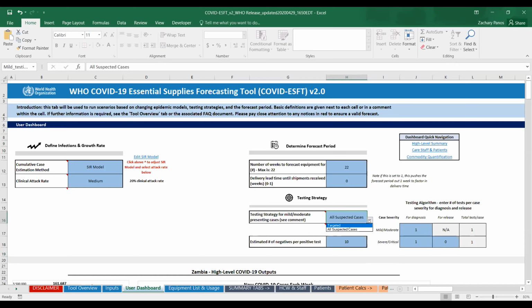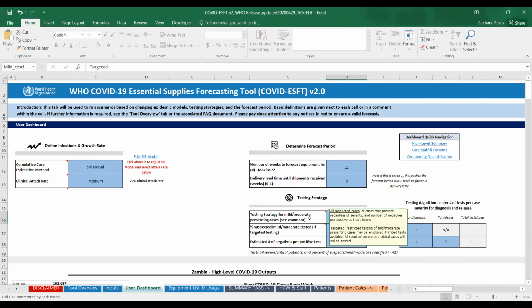So the user is also able to choose a targeted testing strategy. How this works is, this is restricted testing of mild and moderate presenting cases if there are limited tests available. Under the targeted testing strategy, all severe and critical patients will be tested at the algorithm that's chosen by the user.